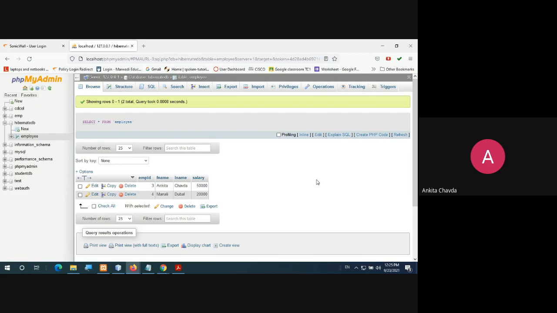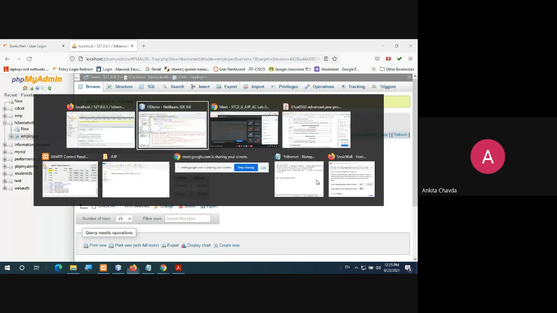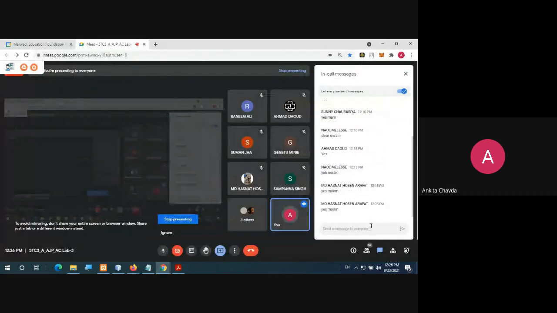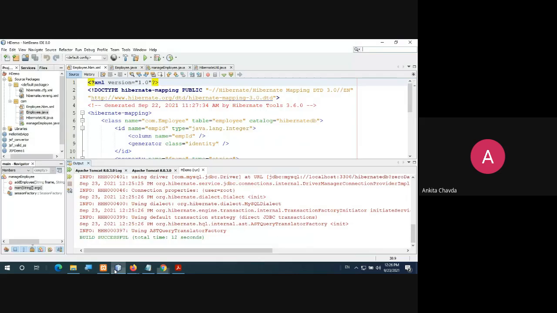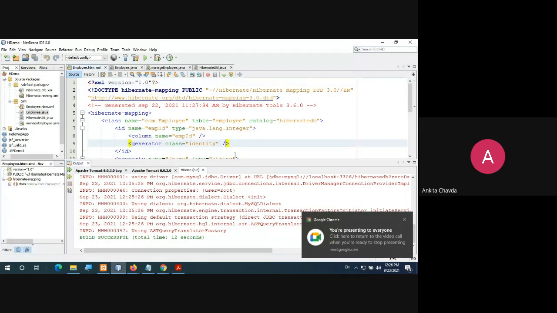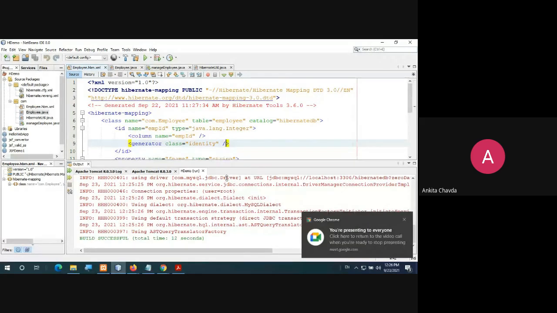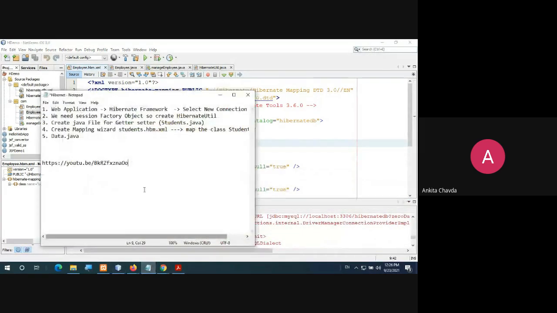Update and delete will go the same way. I'll give you the reference file, so don't worry about it. I'll give you the manual which you need to upload. Fine. So any doubt in this? If you want the screenshots, you can take them, else it is fine. So many files are there, but I hope now you remember the steps.